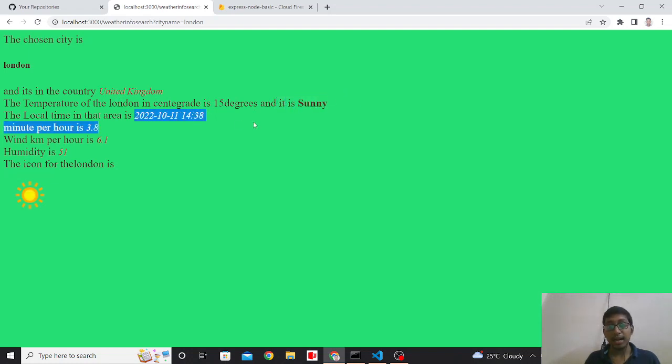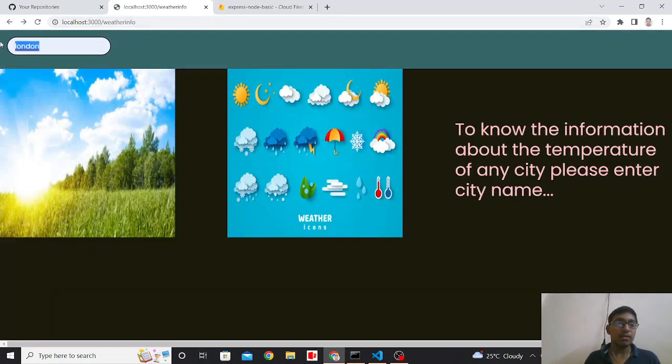The local time has also been displayed, the wind speed in miles per hour has been given, and humidity has been given, and the icon: if it is sunny, it gives a sun-like image, and if we type another city name,